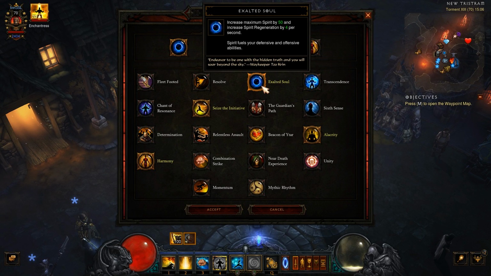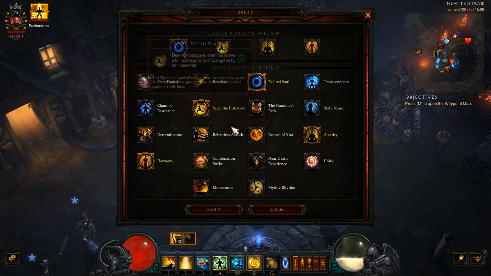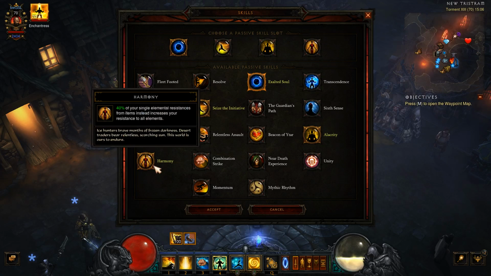Maximum spirit, so we deal more damage, and 4 spirit per second, which is helpful because we can cast our, I don't know, Dashing Strike or Cyclone Strike or Mantra. Of course it doesn't work when we proc Shenlongs, but still better than nothing. When we're using Sizzler, the Initiative, right? Alacrity for attack speed and Harmony for